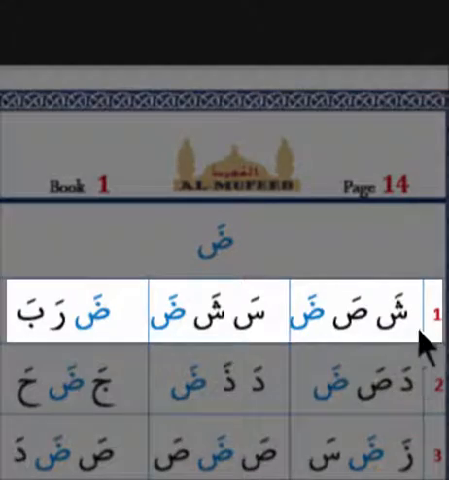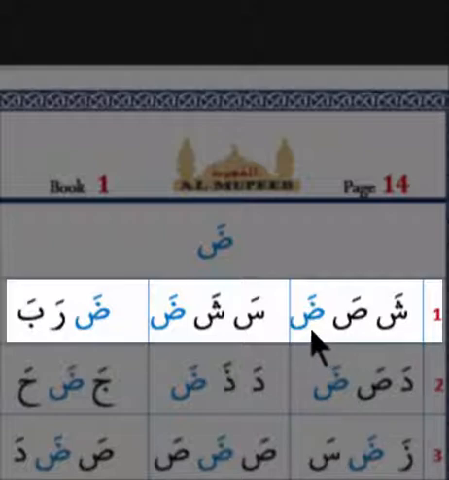First line. Sha. Sa. Ba. Now if you notice those three letters, the first one is light, then we have the sa and the ba, both are heavy. Again, sha, sa, ba, sha, sa, ba,